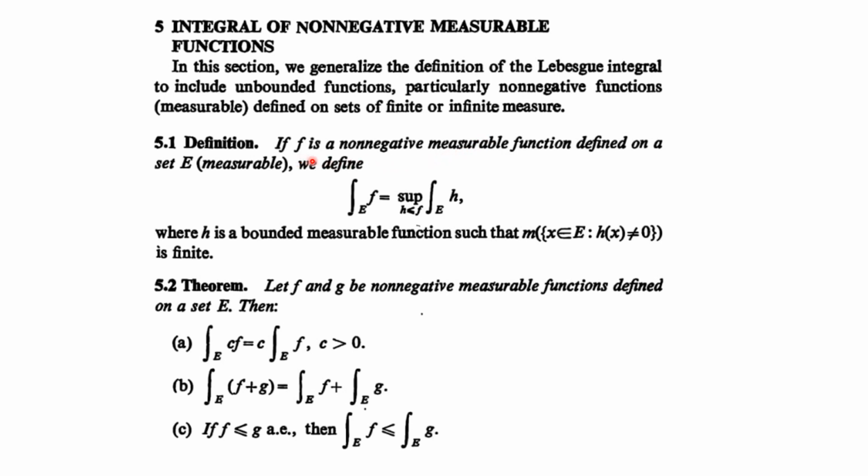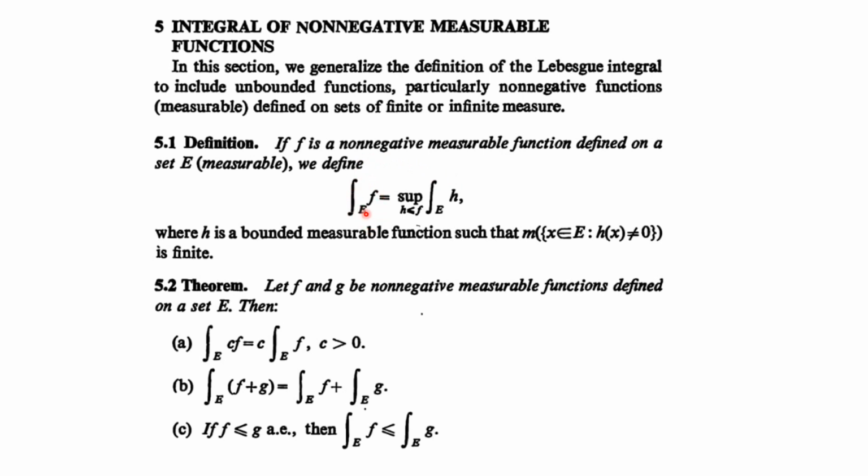So the definition is how to define this integral. If f is a non-negative measurable function defined on a set E, which is also measurable, then we will define the integral of f over E. Now just see clearly it is greater than or equal to 0. Why? Because given that f is non-negative, so f is greater than or equal to 0 means the integral of f is also greater than or equal to 0. So we have to find